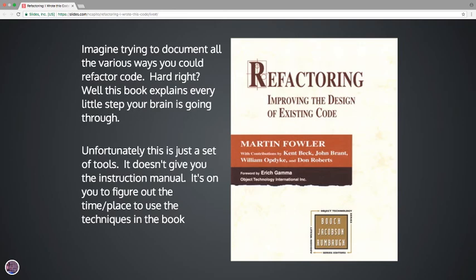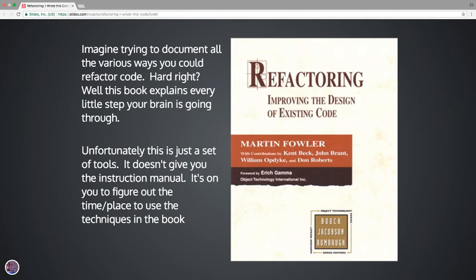It basically goes through and documents every discrete step you could take when refactoring. So one of them is like encapsulate field, or it's extract method. The idea is these are steps you'll take along the way, and it kind of gives you a high level idea of when to use it, but you could not read this and then know when it's time to do it. It's the best way I can describe it. It is a really awesome resource, and